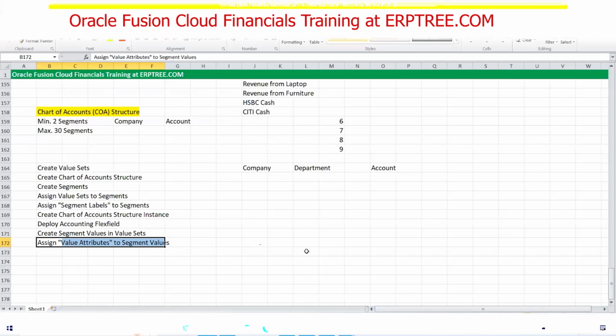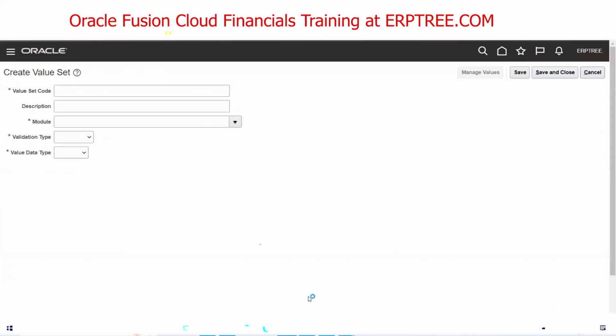Here you can provide the value set code and name. We are going to create 3 value sets: company, department, account. Simply you can give the name as company, but this is a practice instance. To keep uniqueness, always use the company name. As of now, we are taking the company as ERPTREE. After a few sessions, we'll change the company and accordingly create different charts of accounts. But now you can give the name as ERPTREE